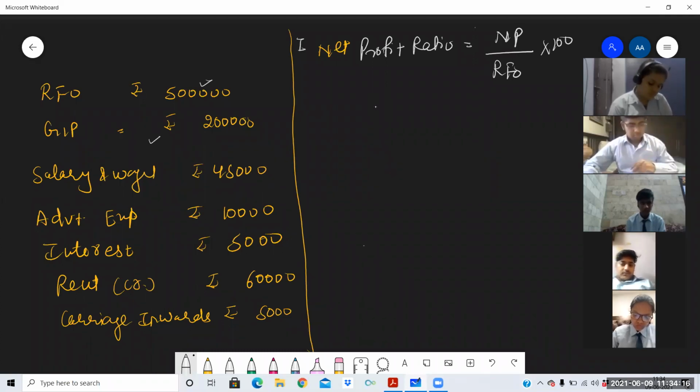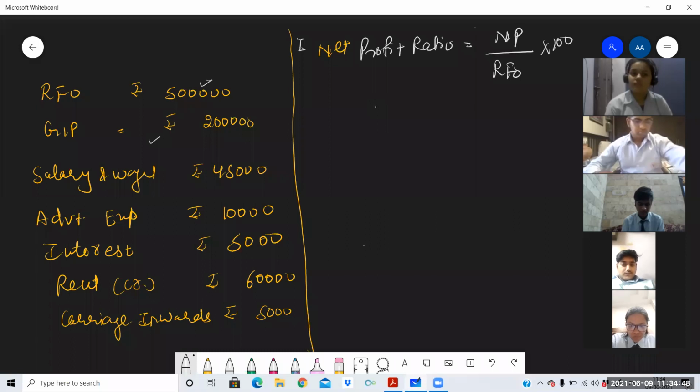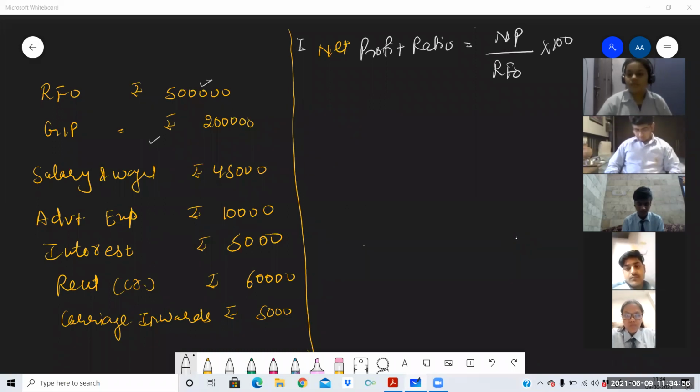Yesterday also I explained that in ratio questions, you need to follow 4 steps. First step, write down the formula. Second step, 2 variables are there in the ratio. Find out the first variable. Third step, find out the other variable. If it is not directly given in the question, you need to do the third step; if it is directly given, like RFO, you need not. Fourth step, put the values in the formula and find out the answer. So when you do the question stepwise, according to the steps, then there will be no chance of mark deduction. Your marks cannot be deducted. Clear? So I am waiting for your answer.